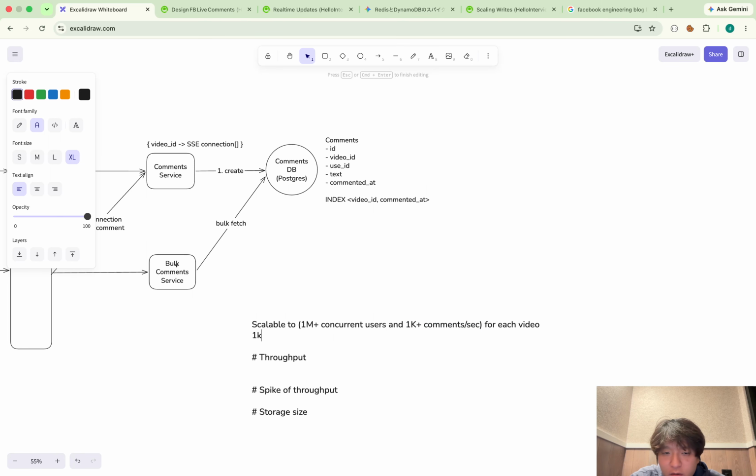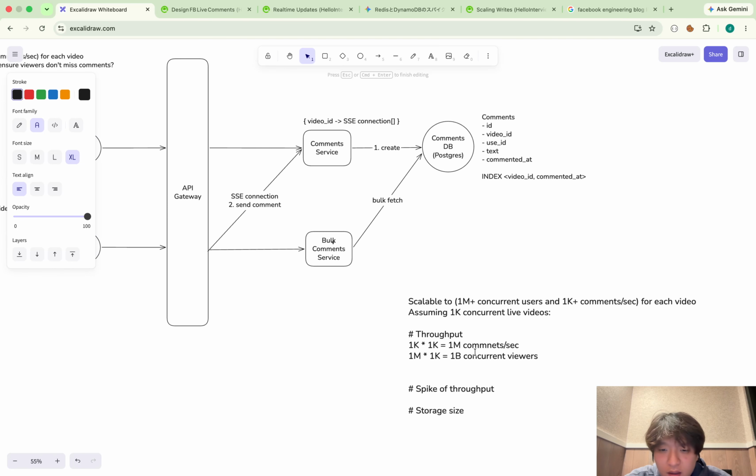Let's say there are 1K videos. With this, the number of comments created is 1 million comments per sec. So this is the new comment throughput. And the number of concurrent users is 1 million times 1K, which is 1 billion concurrent viewers. And this is quite a lot.